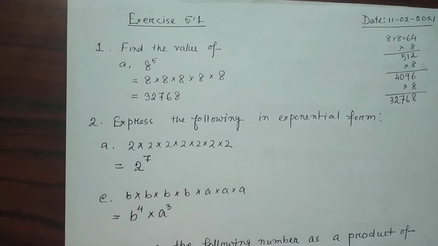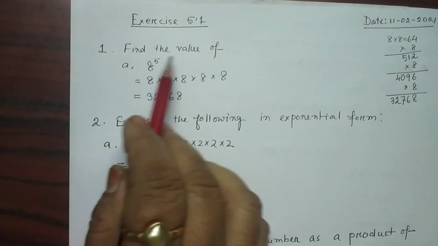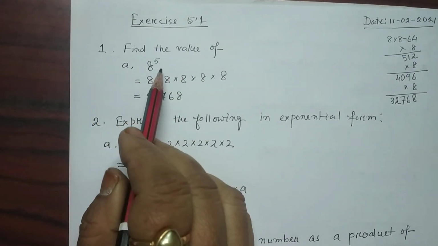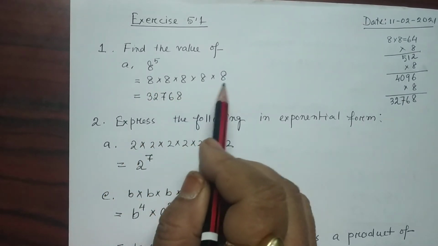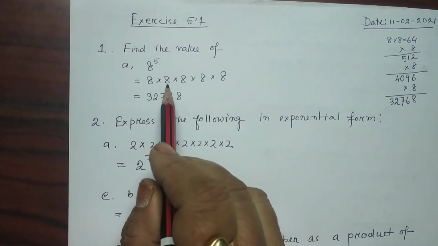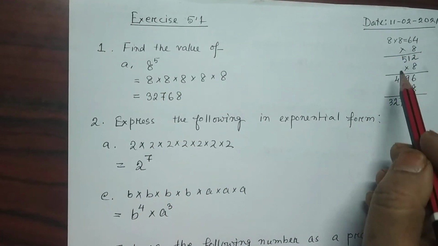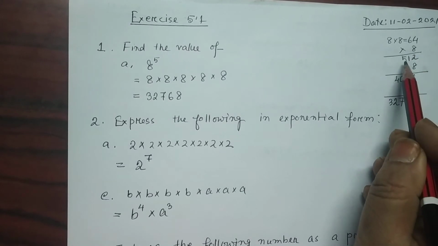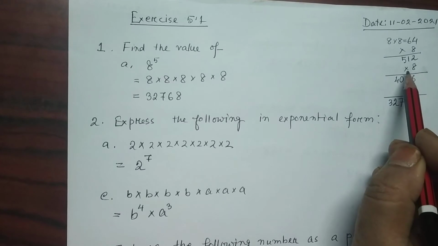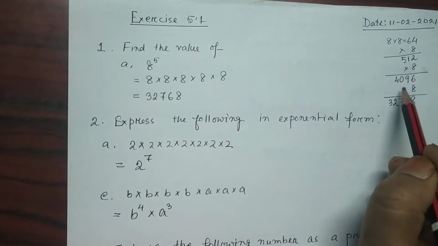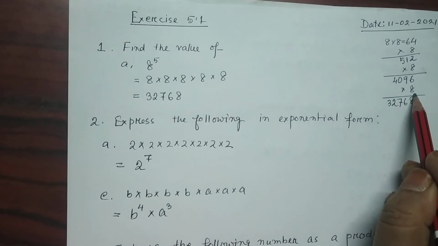Now if we discuss exercise 5.1, question number 1 here given, find the value of 8 to the power 5. 8 to the power 5 means what? We have to multiply 8 how many times? 5 times. If we multiply 8 5 times, then what happens? 8 times 8 is 64. And 64 if we multiply by 8, then we will get how much? 512. Again 512 if we multiply by 8, then 4096, and this 4096 again we multiply by 8, then we